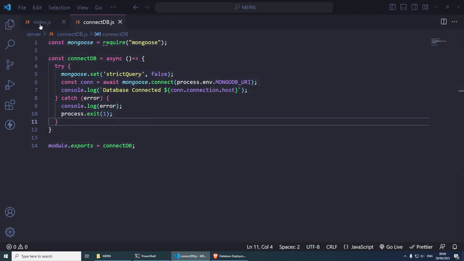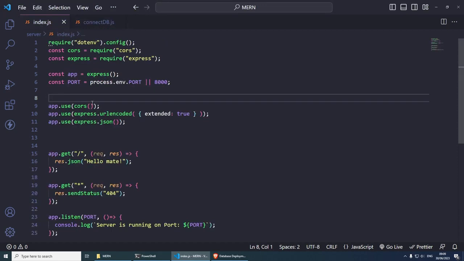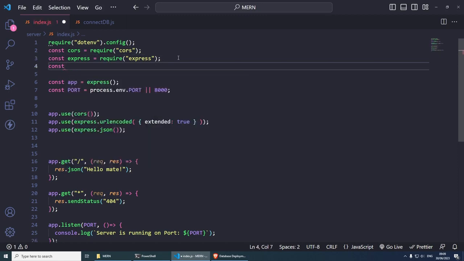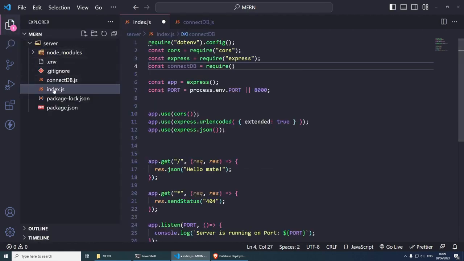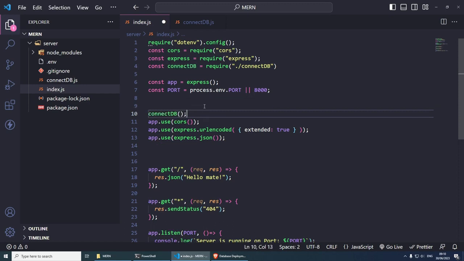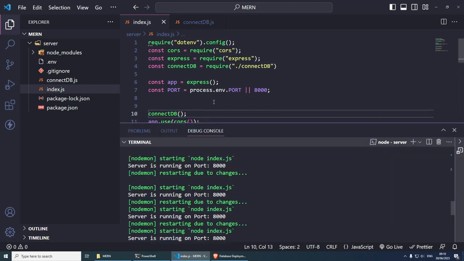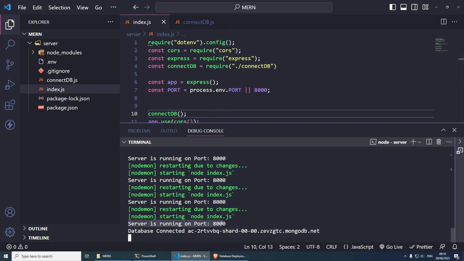And now we can use this in our index.js file. So I can go back, and somewhere around here, we need to bring this file first of all. So I'm going to do const connectdb, and then this is going to be equals require. And since this file is literally next to the index.js, we can do ./connectdb, like so. We don't need to specify .js or anything like that. And now we can run this function. So copy it. I'll run it here by our middleware. And that's it. If we open the command line, you should see that we have servers running on port 8000,